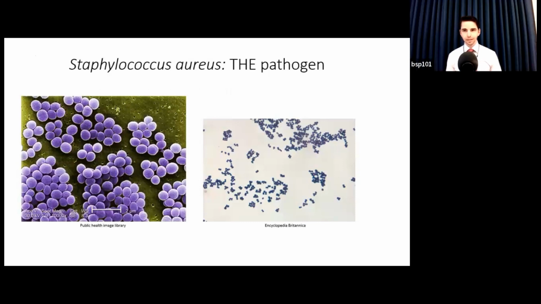So let's talk a little bit about Staph aureus, the bacteria in general. Basic things out of the way. We all know it's a sphere-shaped bacteria. It tends to live in a cluster configuration, and that's where the name Staphylococcus is derived. It makes these nice, large, golden-colored colonies in culture, and that's where Staph aureus gets my favorite nickname for it, the golden grapes of wrath.